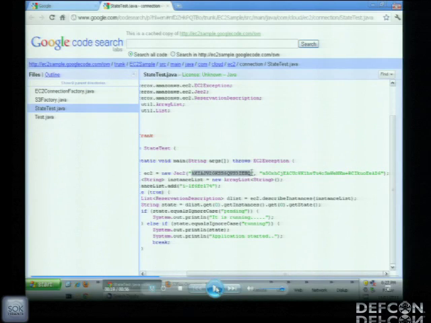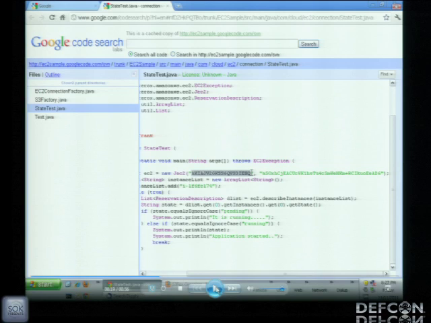And of course, if an attacker were able to get access to these keys, they could put up new servers on someone else's dime. Or they could find sensitive information potentially exposed in their S3 storage. So we see here in this Google Code project EC2 sample, in the file statetest.java, someone has gone ahead and embedded their Amazon EC2 keys,